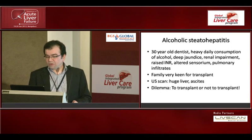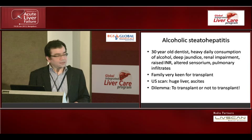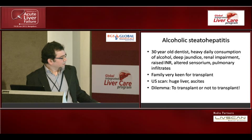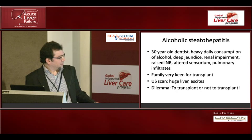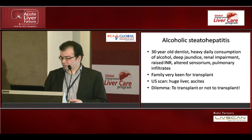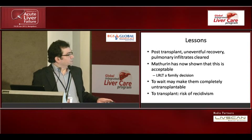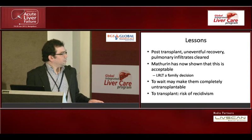Quite often, living in north India, alcohol is a big problem. So I had this 30-year-old dentist with heavy daily consumption of alcohol, deep jaundice, renal impairment, raised INR, altered sensorium, and pulmonary infiltrates. The family was very keen for transplantation. The ultrasound showed a huge liver and ascites, and the dilemma was to transplant or not to transplant. Post-transplant, there was an uneventful recovery. Subsequently, of course, our stand has been validated by